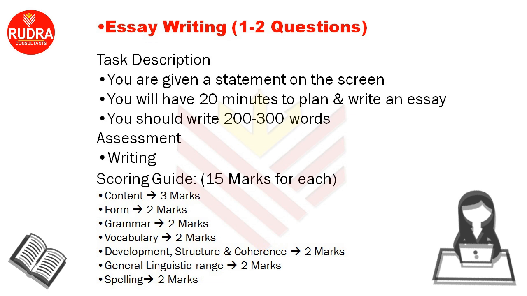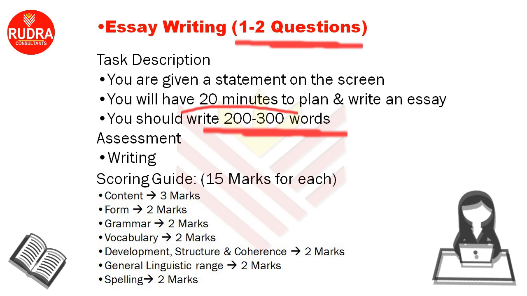Firstly, understand the task. Write an essay of about 200 to 300 words as per Pearson's word limit. Second is 1 to 2 questions. Each question has 2 to 3 sentences. Sometimes we have one question or two questions. Third is 20 minutes to write the essay. Make a plan to complete the essay in 15 minutes and think about the ideas to write the essay. Then you need to save 5 minutes to check the spelling mistakes and improve your grammatical mistakes.